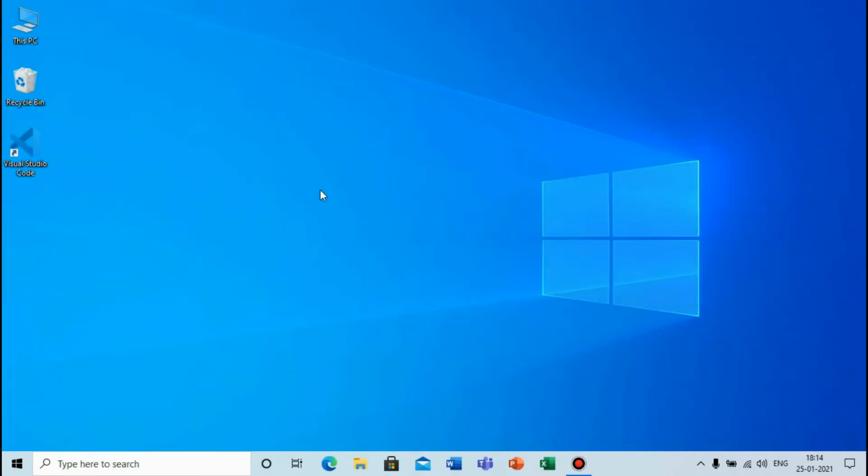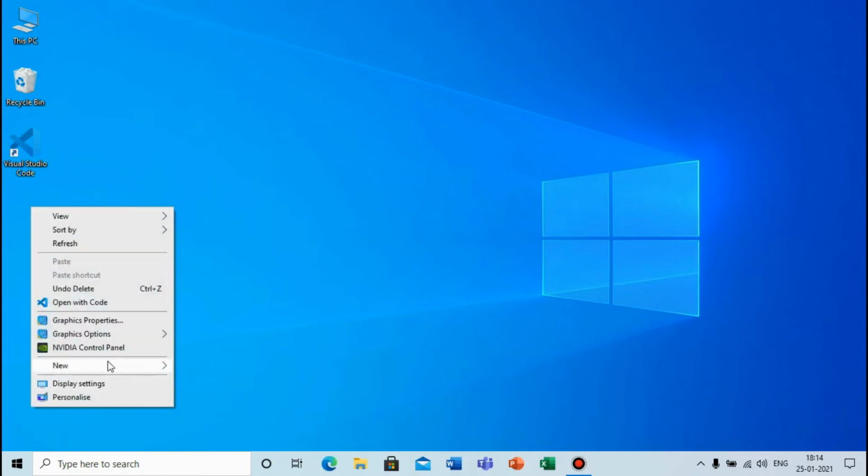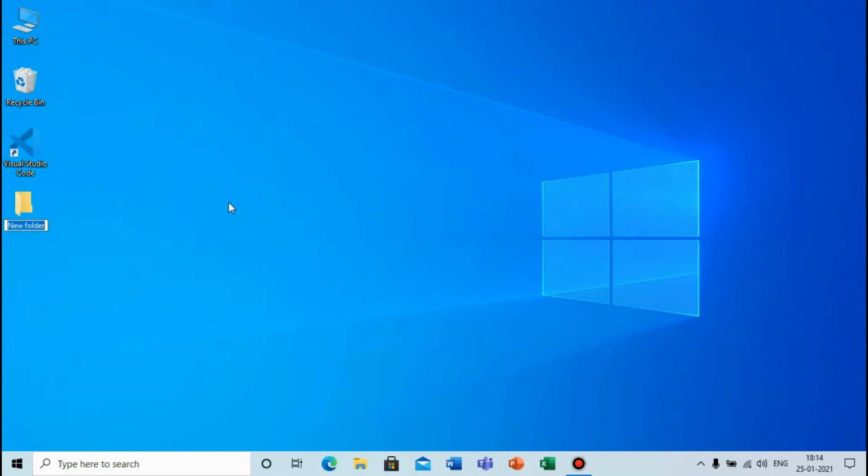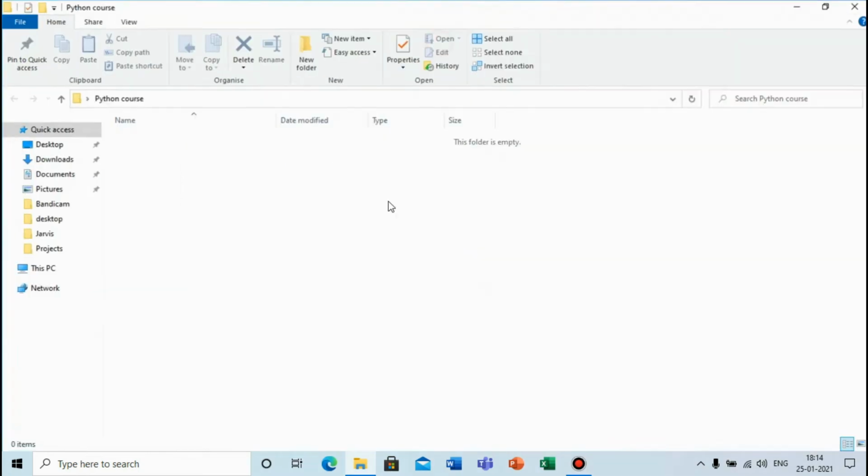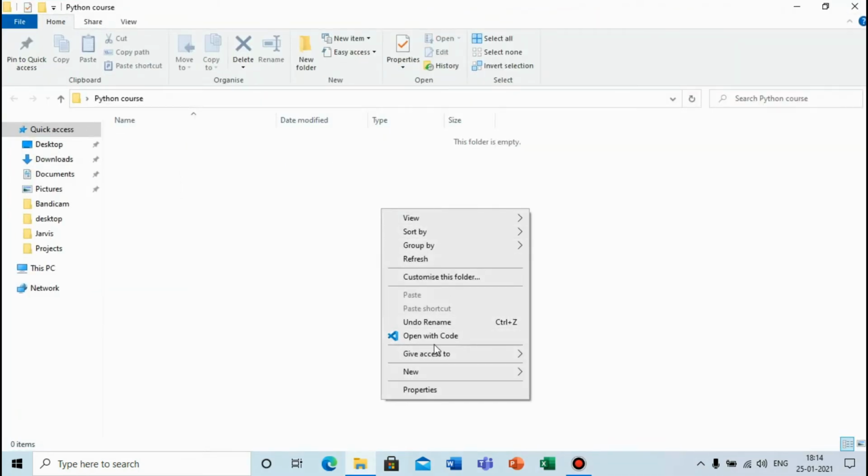So before starting, we have to make a new folder. Click New, name it Python course, and hit the enter key. Go into this folder, right click here, and you will see an option Open with Code.